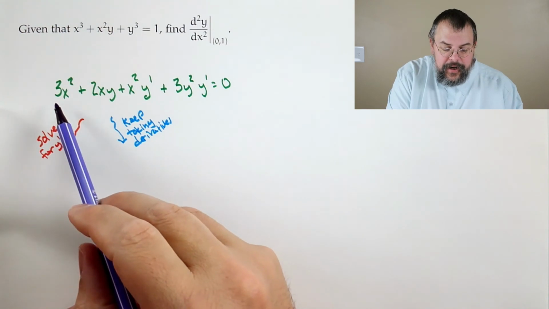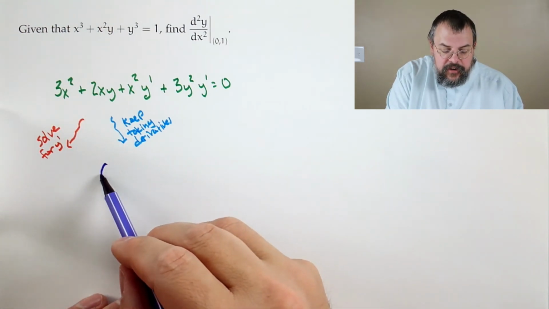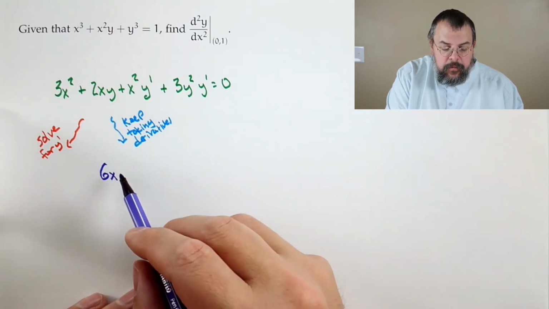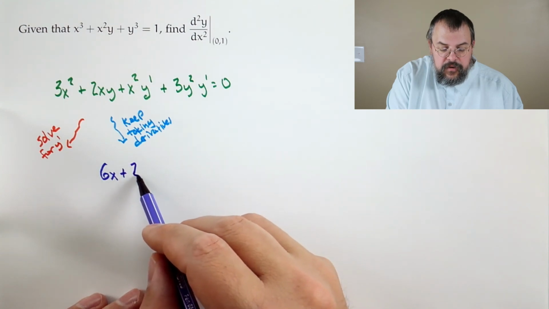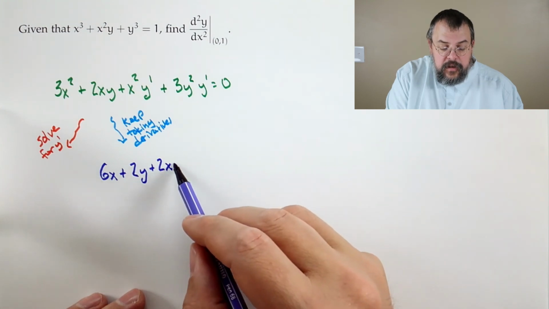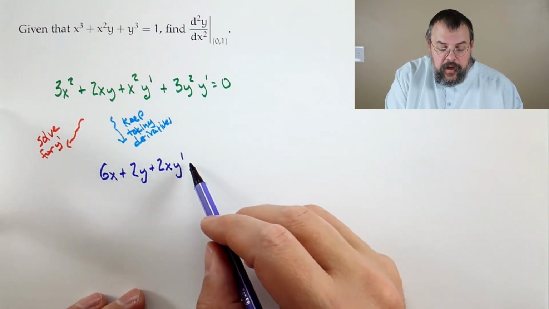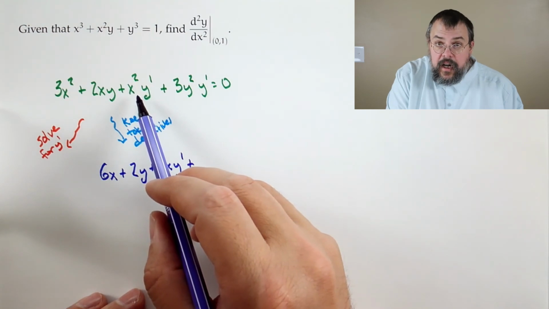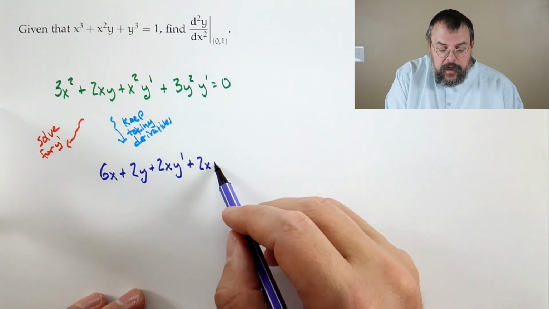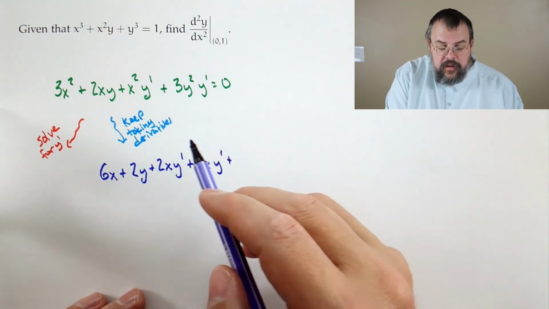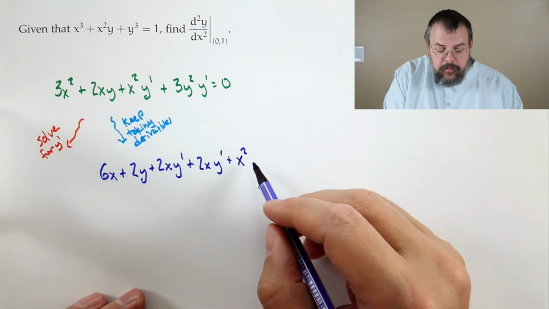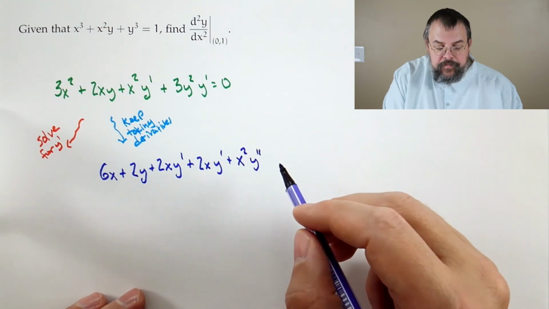Derivative of 3x squared. And remember, when we say take a derivative, we're taking a derivative with respect to x. So 6x. To take the derivative of 2xy, well, product rule. So we're going to take the derivative of the first, which will be 2, times the second, plus the first, 2x, times the derivative of the second, which is y prime. Plus, now we come here, another product rule. The derivative of the first, 2x, times the second, y prime. Plus the first, which is x squared, times the derivative of the second, which is y double prime. Plus,